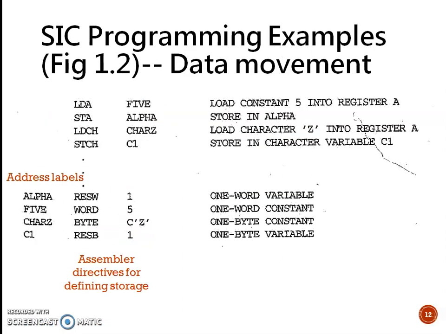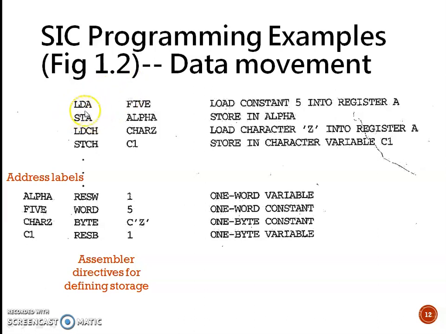So data movement is like storing some value to an accumulator and copying the value from accumulator to some other memory location. It can take either the memory location or the registers for this data movement. So in this example, first line, LDA 5.